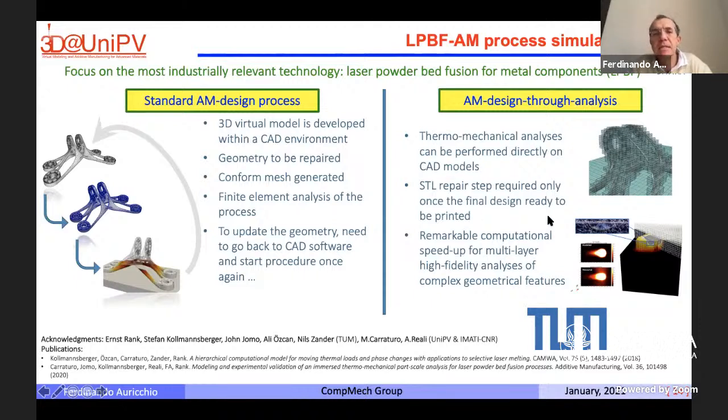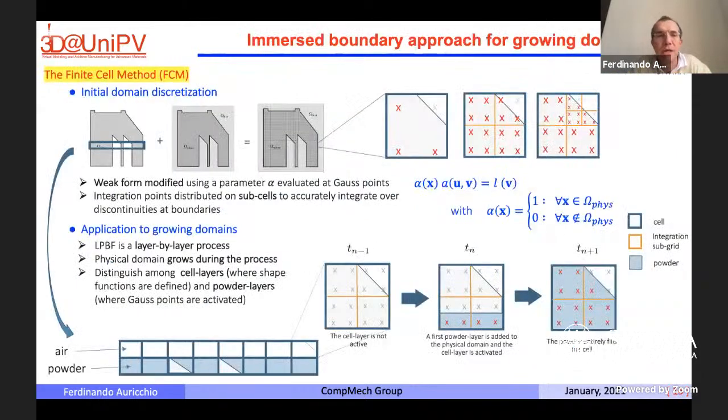So the idea here is instead to use immersed technology, which doesn't change the mesh during the simulation. Basically, if you need to simulate a component which has this geometry here on the top left, you immerse your physical geometry into a larger domain, and you simply mesh your larger domain, okay? And in your larger non-physical domain, you can use, for example, a very regular mesh. So then the point is, how can you take into account the geometry?